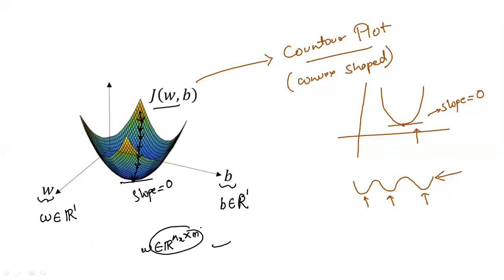Okay, so this is basically the intuition of the contour plot that we need to know. Okay, so now I have already told you that what we are doing in this contour plot is changing the values of w and b. So how do we change the values of w and b? Let's look into this in the next slide.